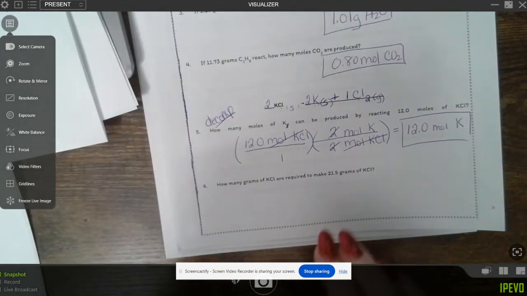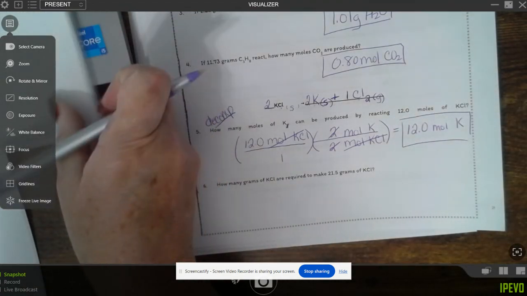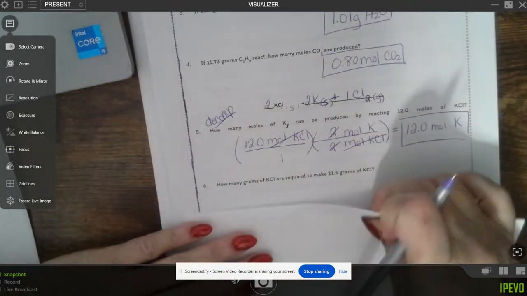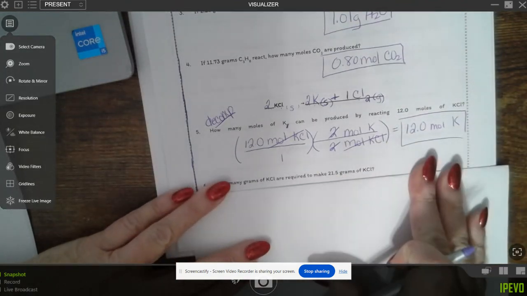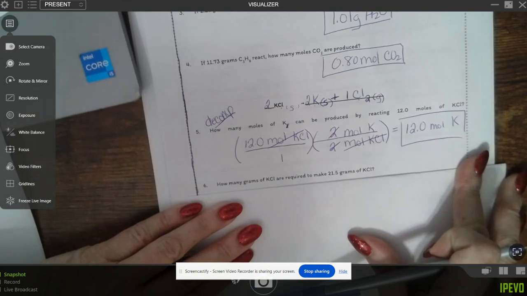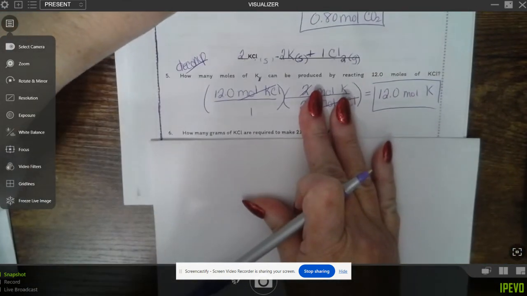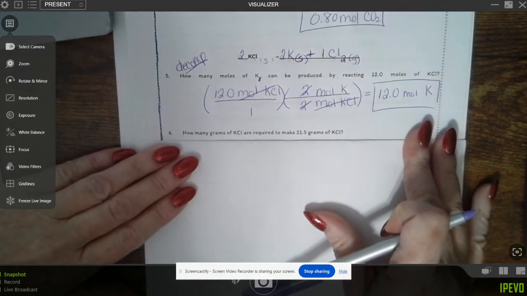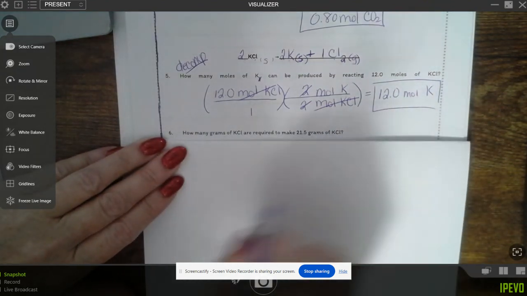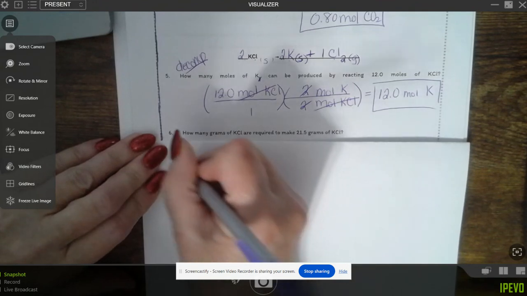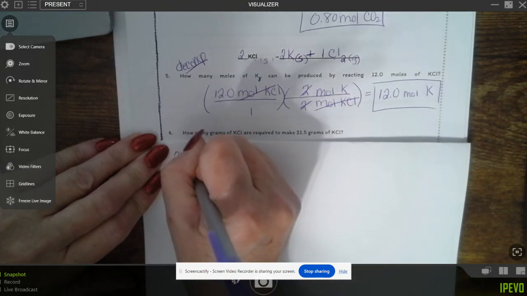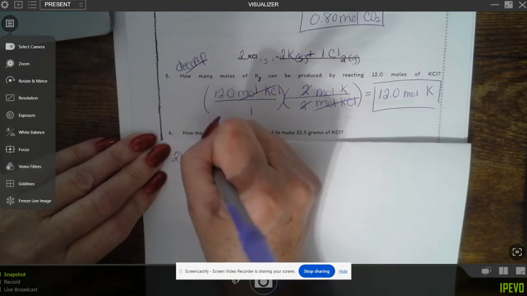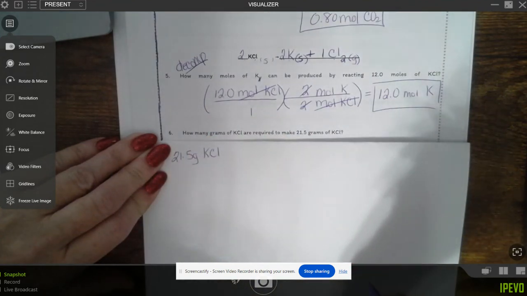All right, one more. Oh, look, grams to grams. Hopefully you're starting to look at these and recognize these a little bit. And when you see grams and grams, you know that this is a 3-step problem. All right. If not, we'll use the mole map. But so we start with 21.5 grams of KCl. And we're looking,